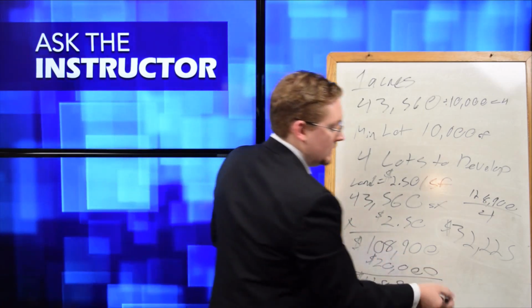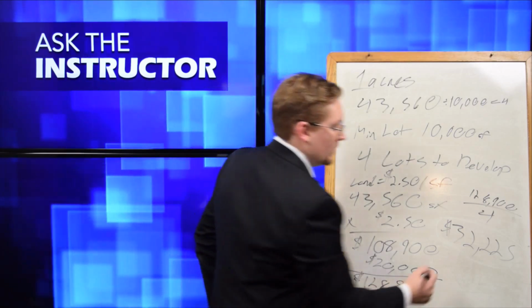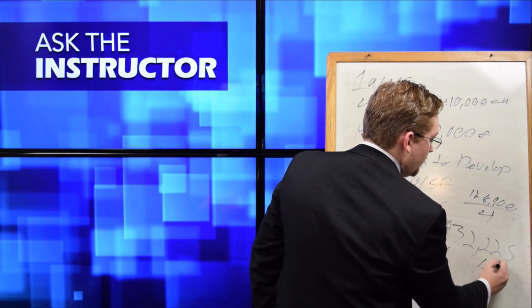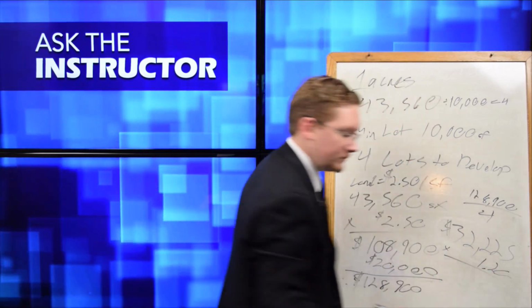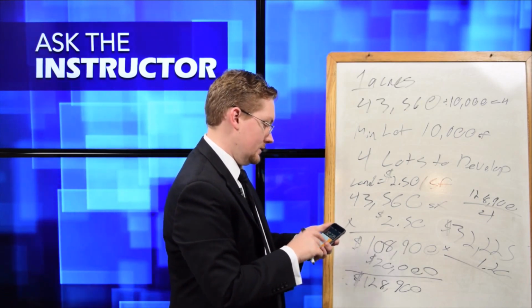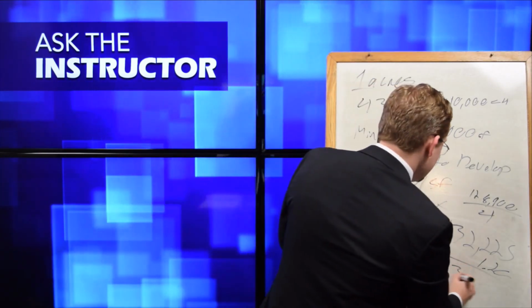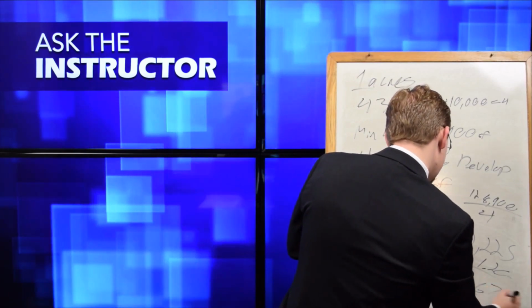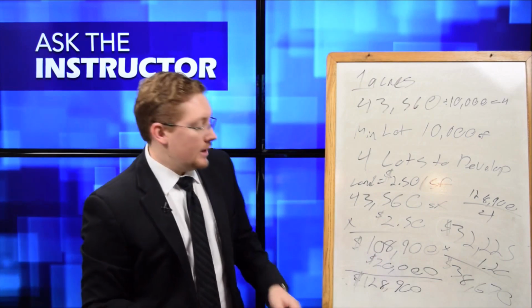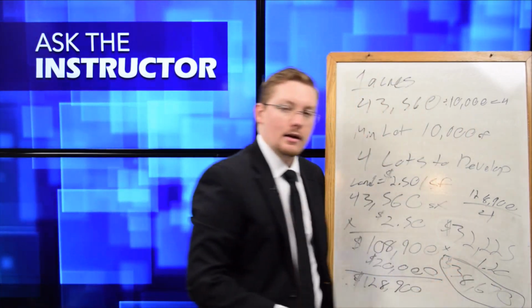So what we could do here, we have our cost per lot, but now we need to figure out what we need to sell it for, and let's say we want to make a 20% profit, so we're going to go ahead and multiply this by 1.20. So $32,225 times 1.20 gives us $38,670. And now this might not be the price that you want to sell it for, but maybe your absolute